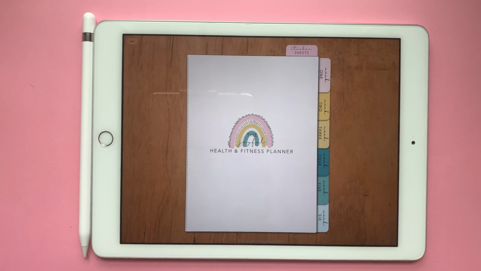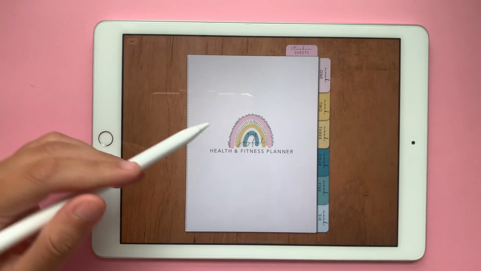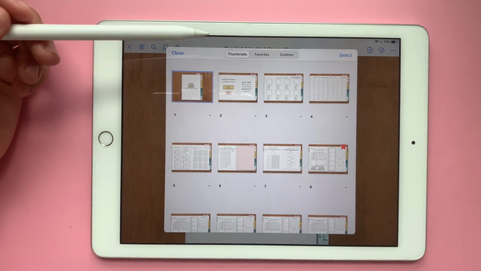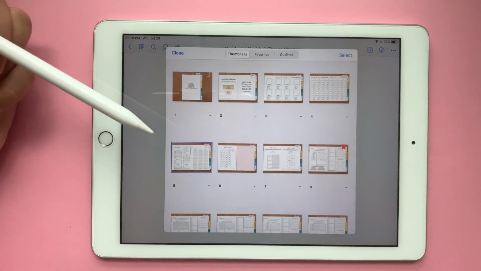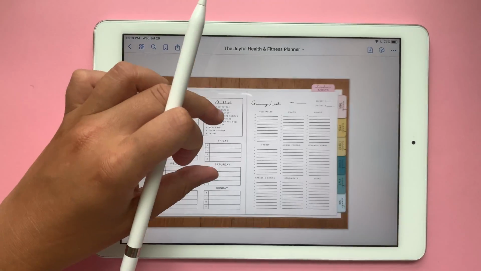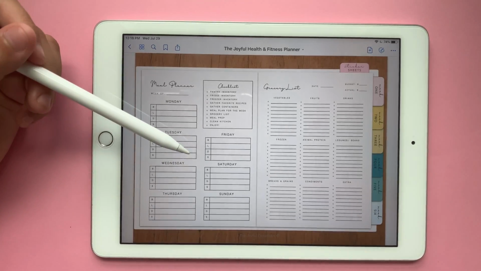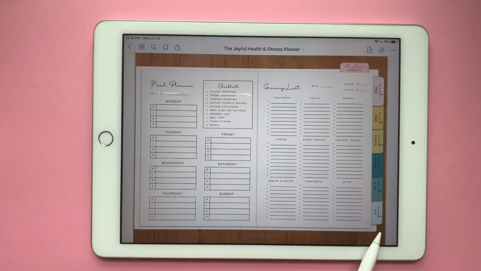In this tutorial, I'm gonna show you how you can duplicate pages. For this example, we're gonna use the meal plan and grocery list page, just right here. Since we only have one in our planner and we have 6 weeks, if you were to want to duplicate